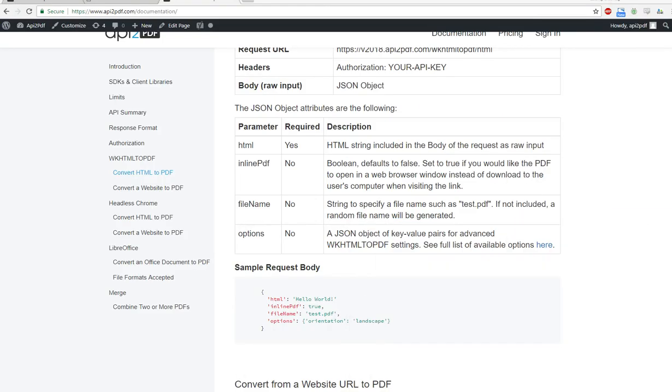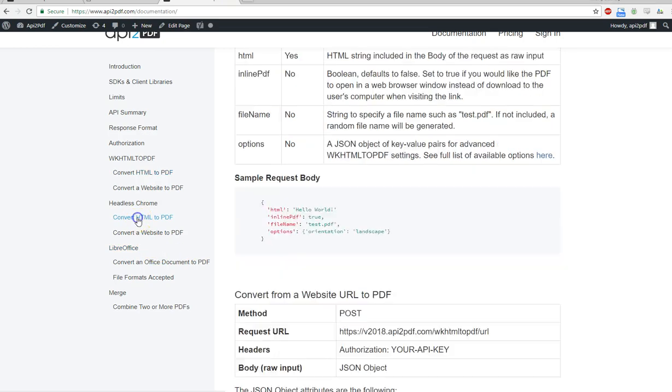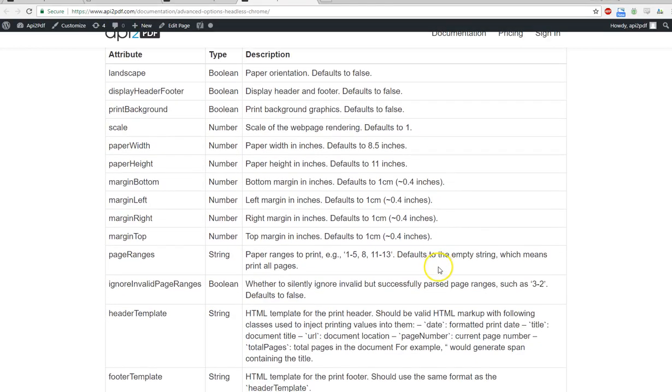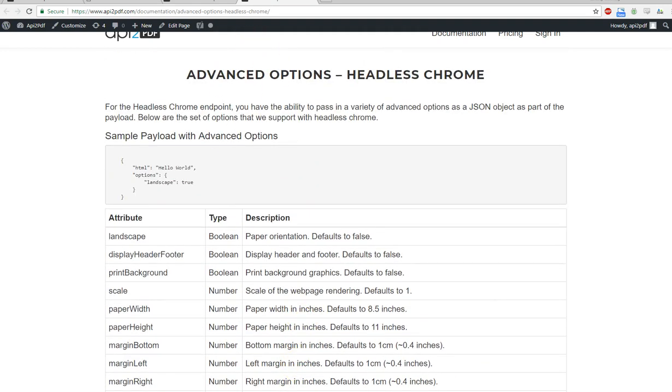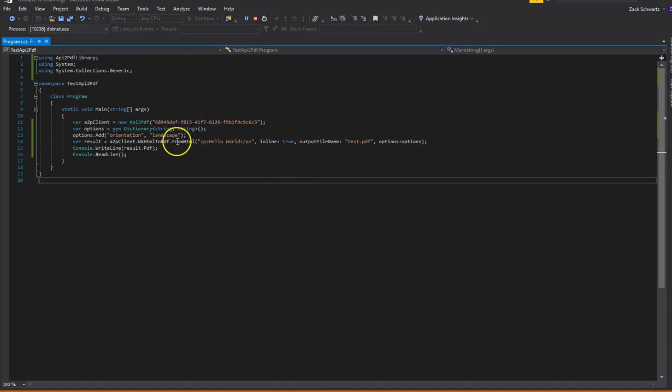So there's so many options. You can look at them, and there's footer options, header options, all sorts of stuff. Same thing for Headless Chrome, although the options are a little bit different and there aren't as many. But there's still some good ones there. So that covers Headless Chrome and WKHTML PDF from HTML endpoint, but both of those also have a from URL